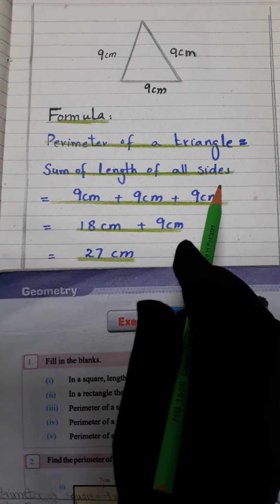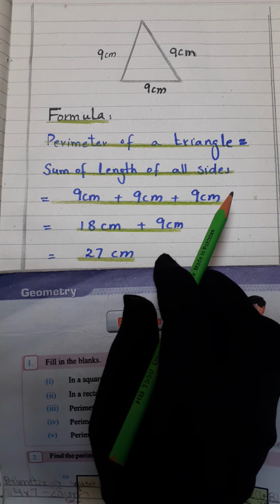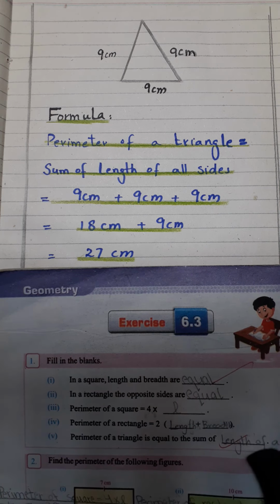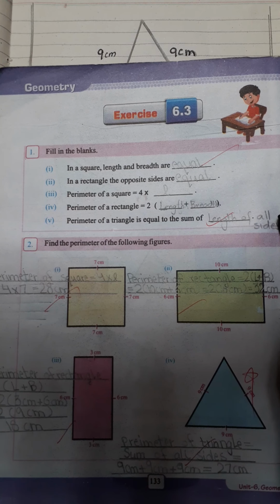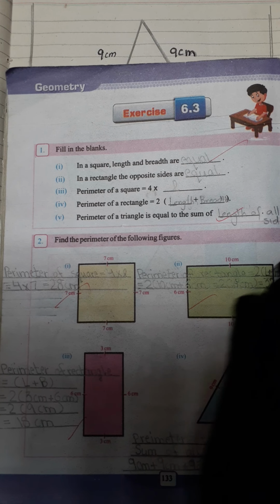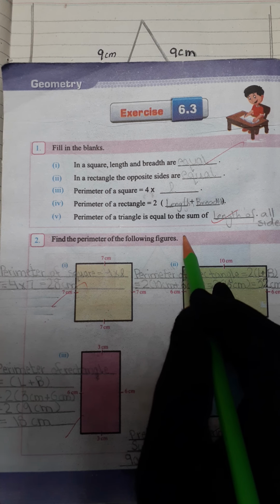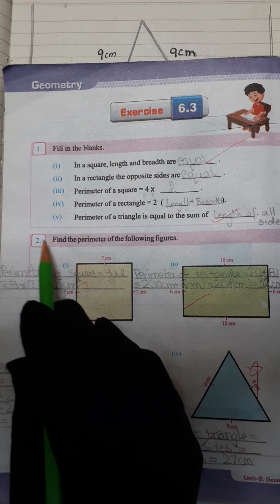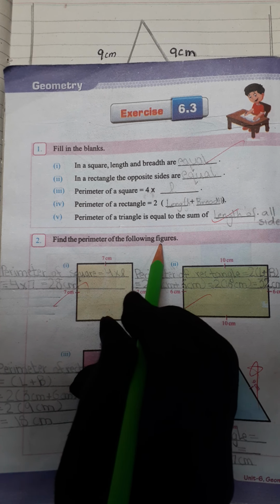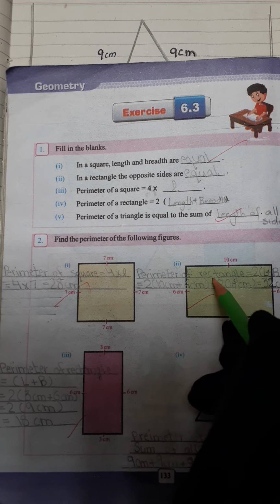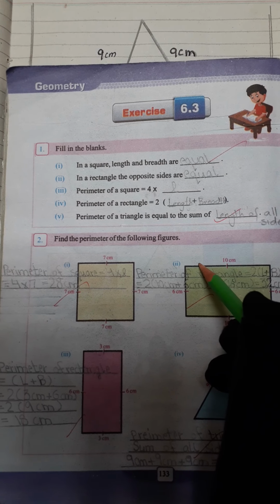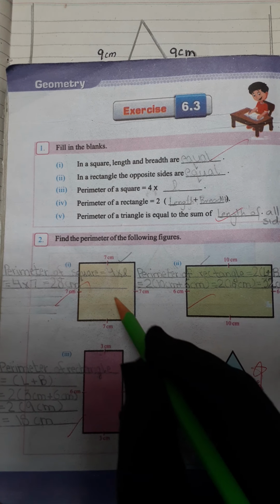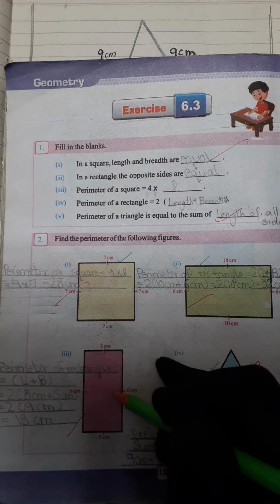So this is your homework. Total 4 parts are given in question number 2. In question number 1, objectives are given. Okay, look here. Question number 1, objectives are given. You copy these objectives in your rough notebook and write the answers. And in question number 2, find the perimeter of the following figures. We solved these 3 questions, this rectangle, this square and triangle, and you follow the same method for this shape. This is also